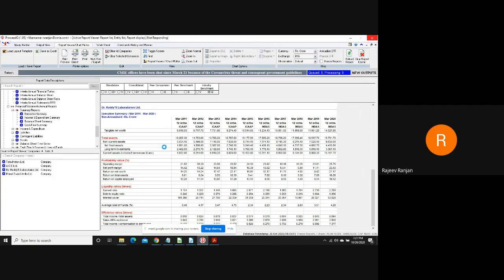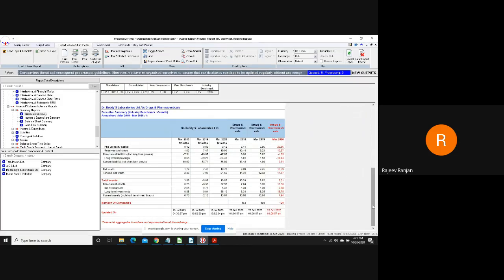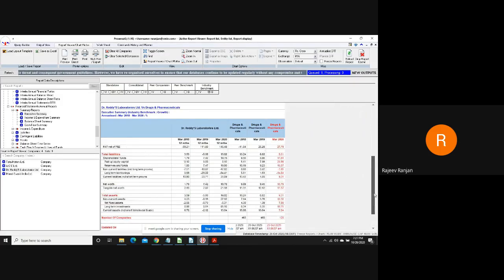And I'll suggest, as a user, that once you start using the database, do select any company of your choice and go through each report of this report section, because this will help you understand what is possible to get through the Prowess database. And mind you, every field available in this report is a queryable field. So you can build your query and do your research work using these fields.